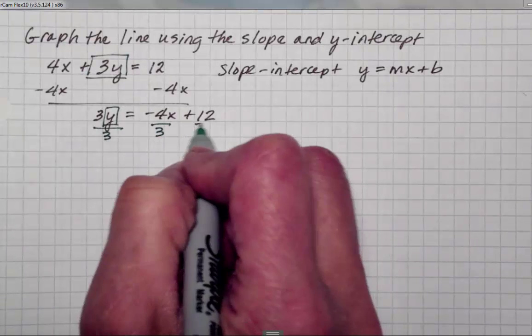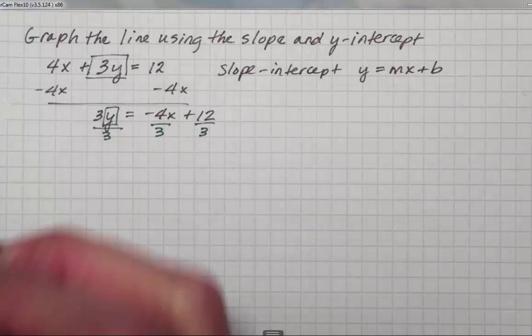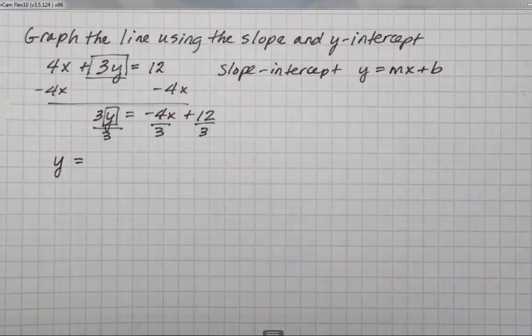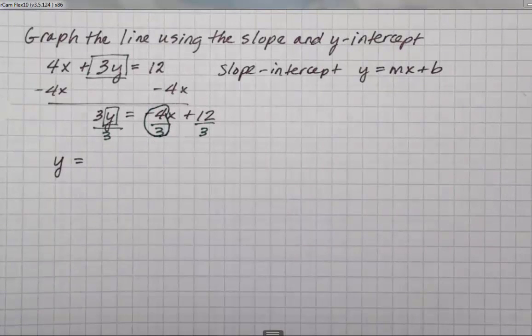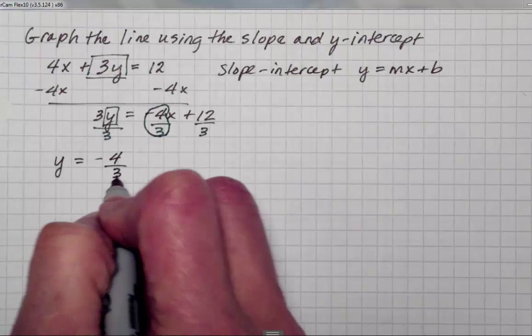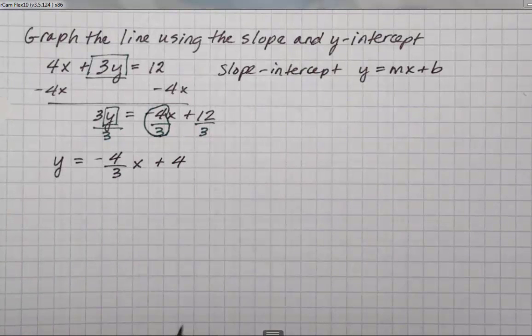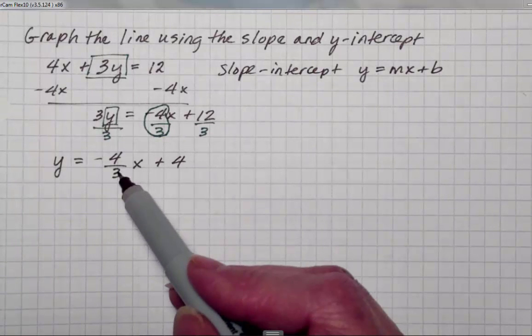I'm going to divide each term by 3 so I make sure that I do my division correctly. On the left-hand side, I end up with y. On the right-hand side, I end up with negative 4/3. I'm going to separate my coefficient from my x, plus 4. So now looking at my slope-intercept form, m, which is the coefficient of my x, is going to